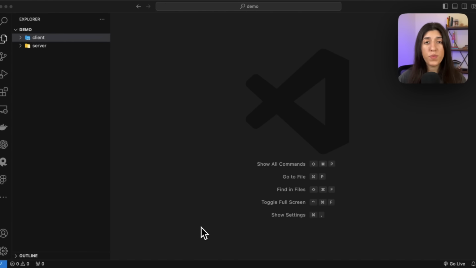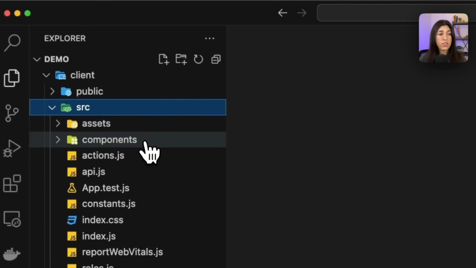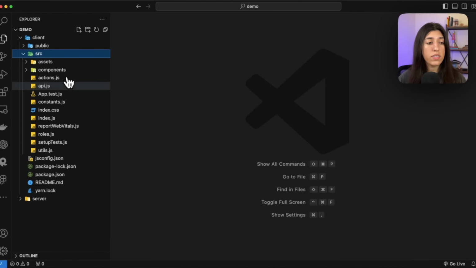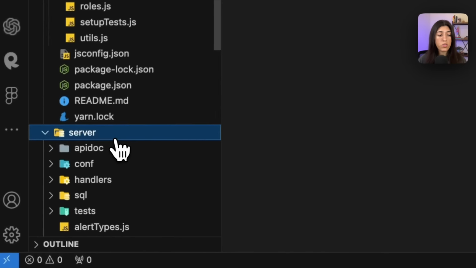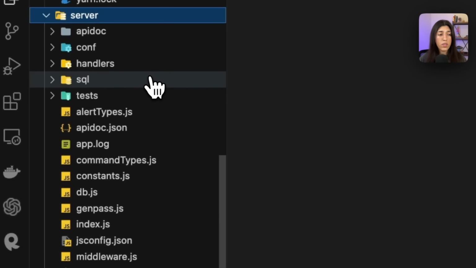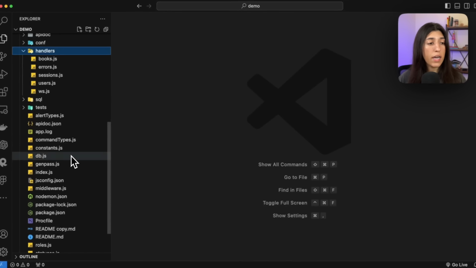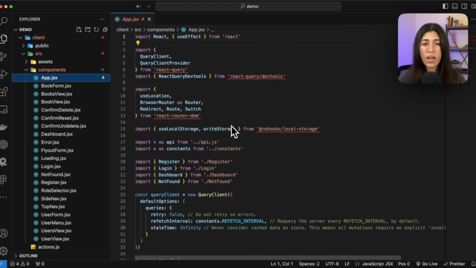When building projects before, I wasn't using a framework. I was doing everything manually. I was using Create React App. So I created my own client folder, and within there, I would set up everything such as the components, the assets, the actions, and the APIs that would be communicating with the server. And then I had to also go set up the server. And within the server, I had my config files, I had my SQL tables, I had my handlers and whatnot. And this was just very time consuming to set everything up. I didn't want to think about it. I just wanted to think about building the project.